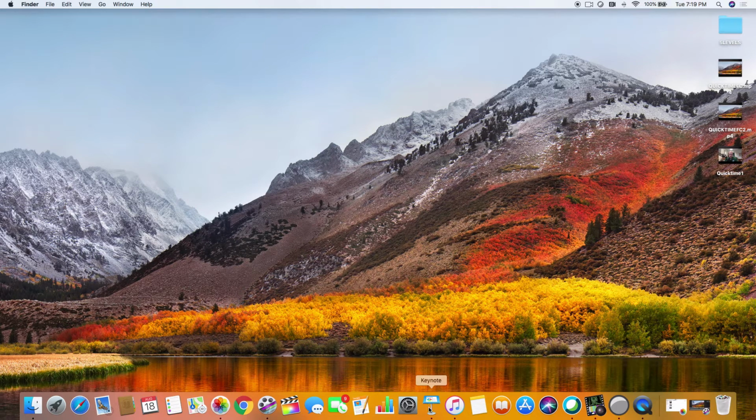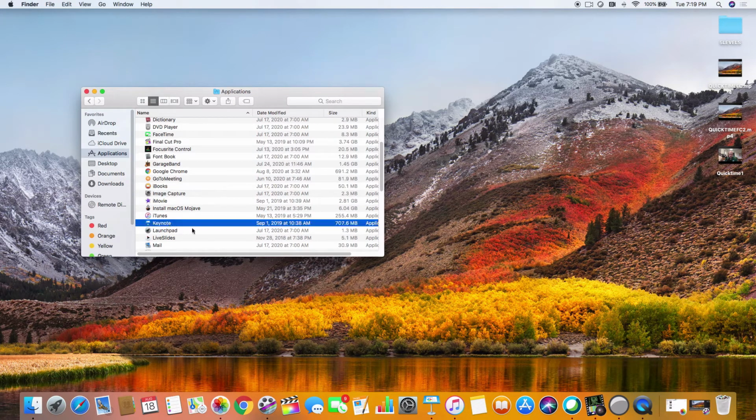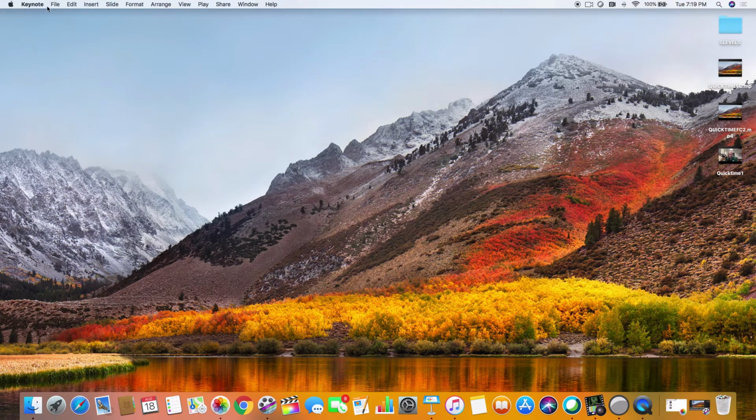You can either come down to the lower bar here, your toolbar, and click Keynote right there, or you can go to the Finder and click on Applications and then go to Keynote there, and it'll open up either way. Obviously you can get to it. So when you open Keynote, you can go to File and New,